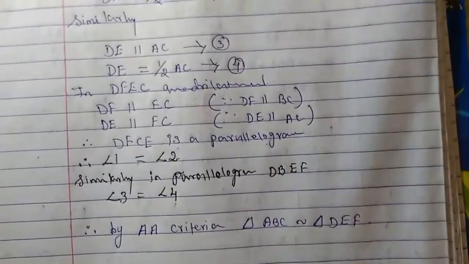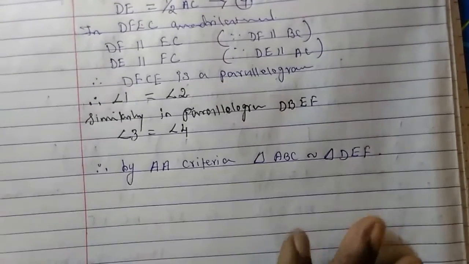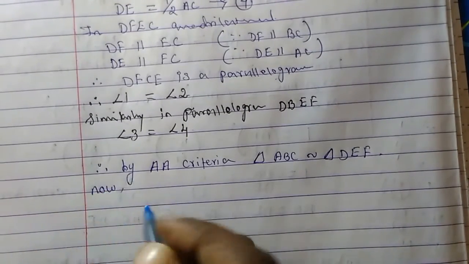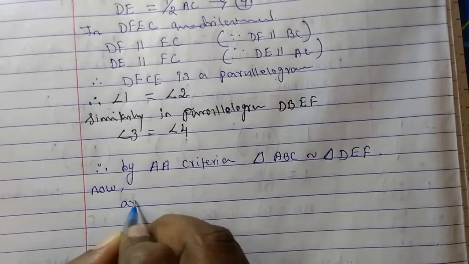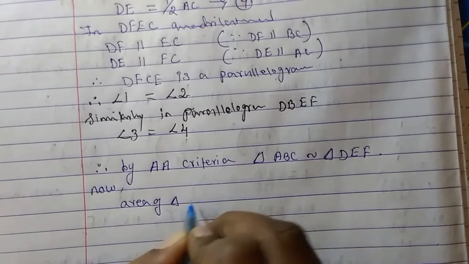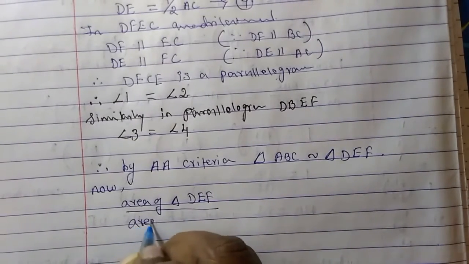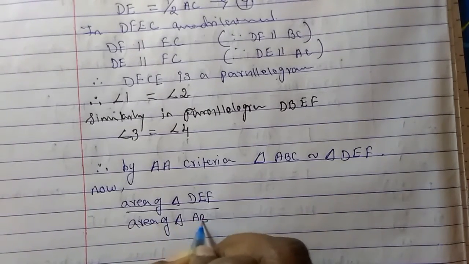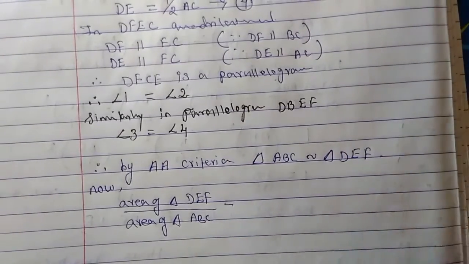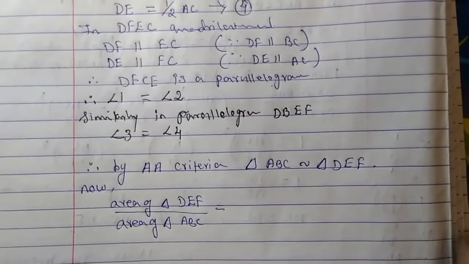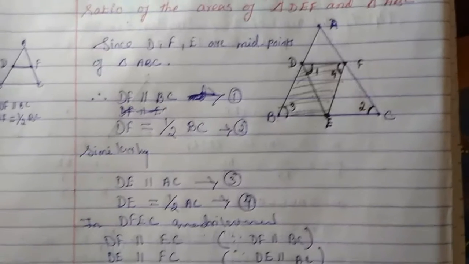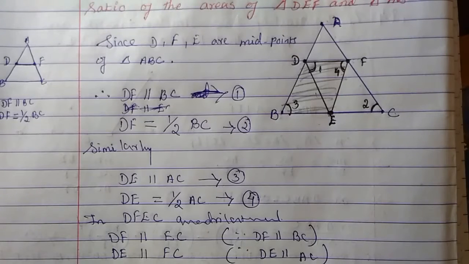So now what we have to do? We have to find the ratio. So area of triangle DEF upon area of triangle ABC will be equal to the ratio, that theorem 6.6 you have to write down. Okay, what does it say? If you have to find out the area of the triangle, the ratio of the areas of the triangles will be equal to the square of the ratio of their sides. So that means